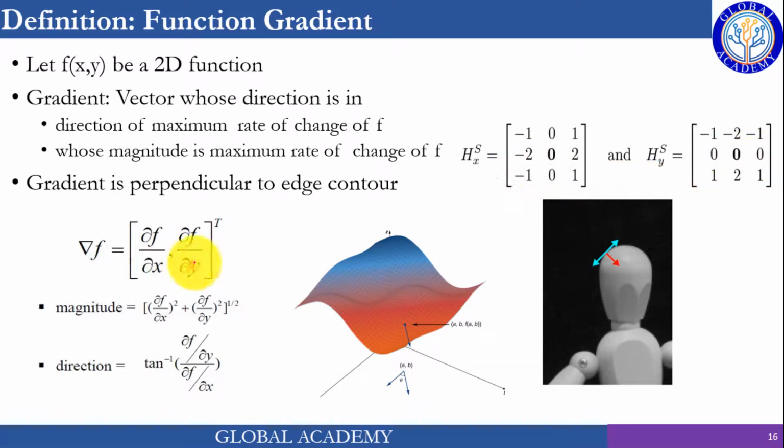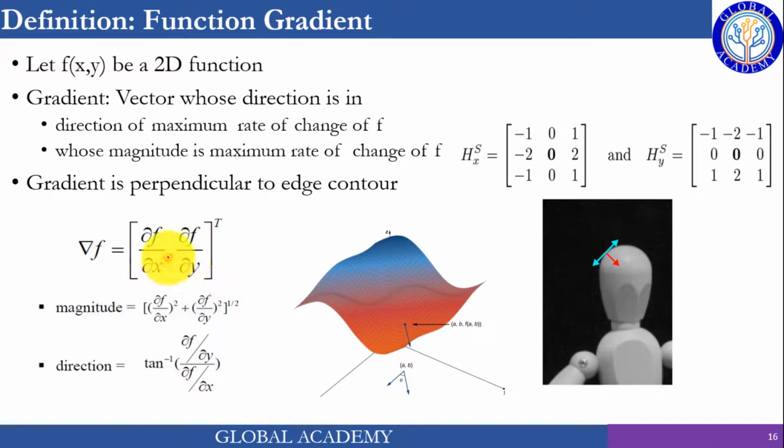So if we compute these two components at some point on an image or some surface, then definitely we will get this vector, because these are two values in one array. So it's like a vector. So the gradient computed at any point on an image is like a vector.